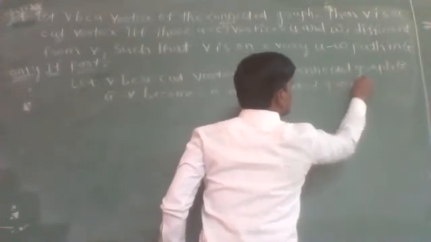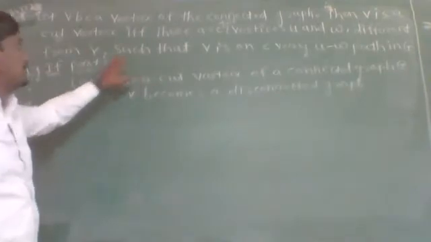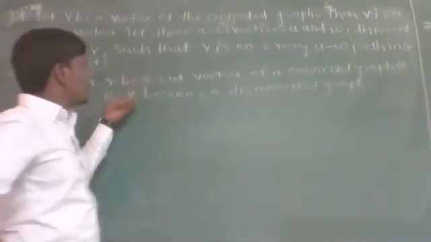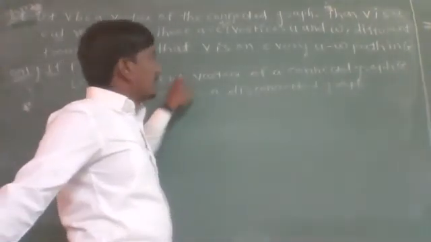That is, the graph G minus V has more connected components than the graph G has. As G is a connected graph, G minus V has more connected components than G, which implies